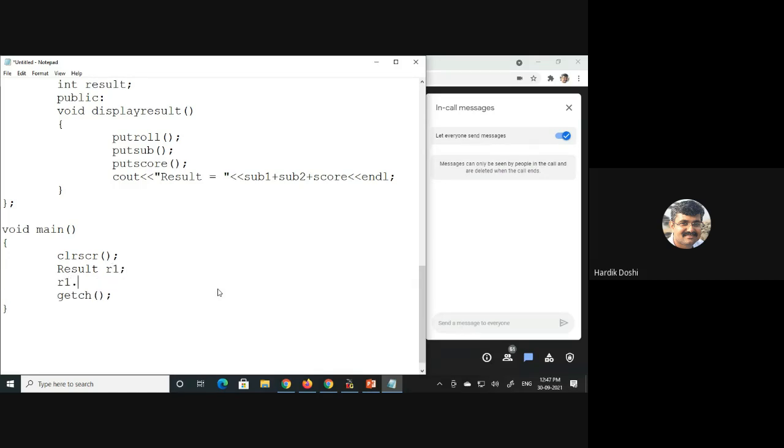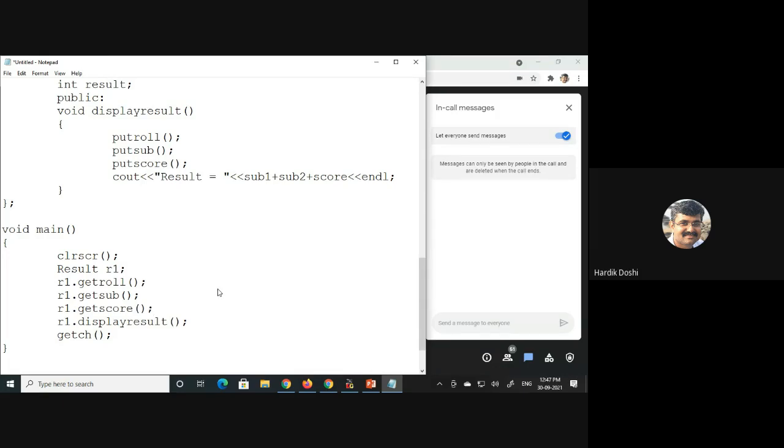R1 dot display result directly without getting data. R1 dot get roll, absolutely. Then R1 dot get sub. R1 dot get score. Then display result.